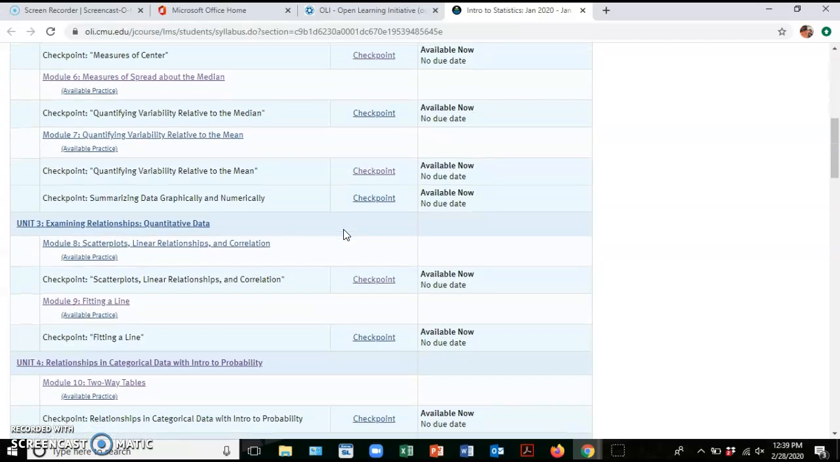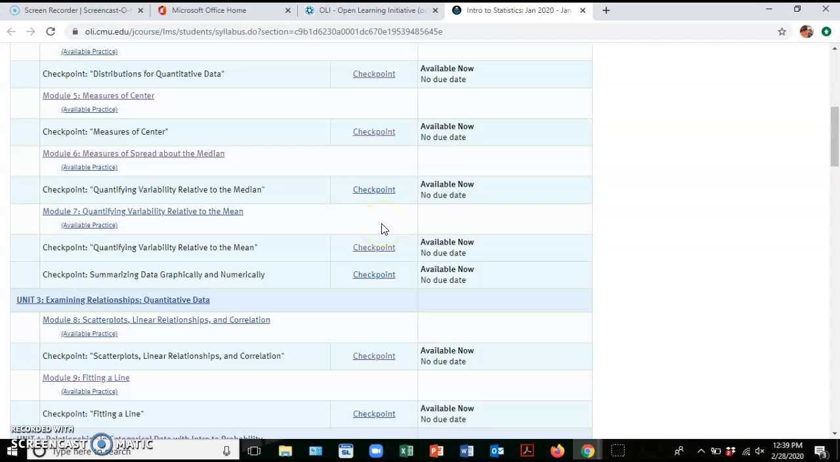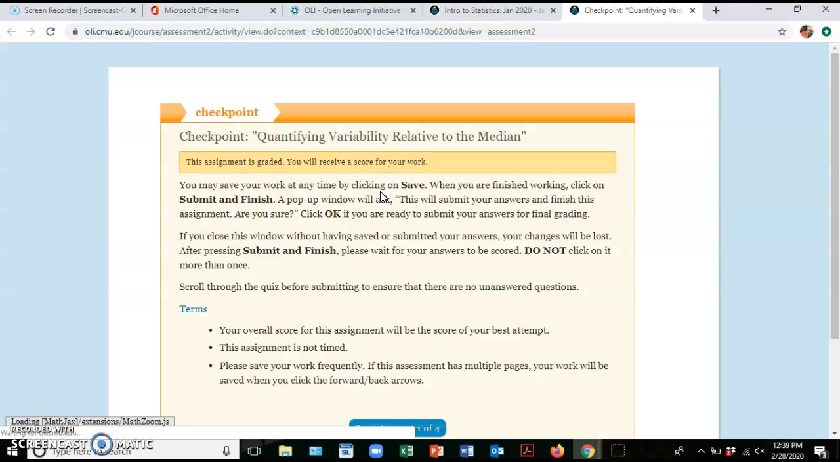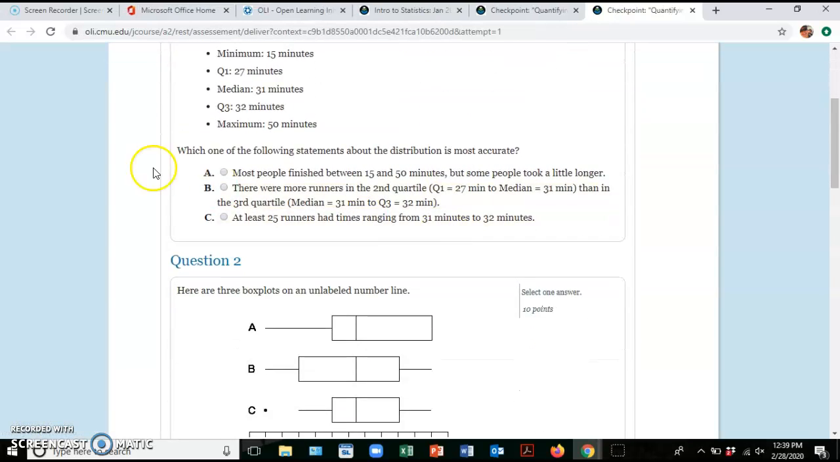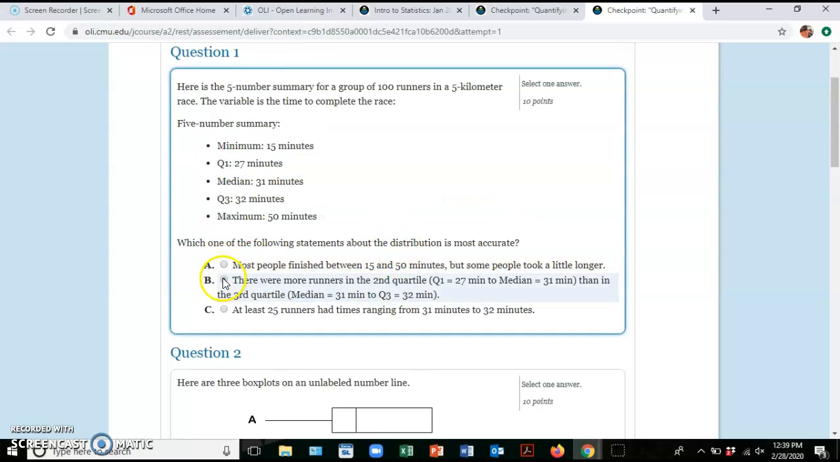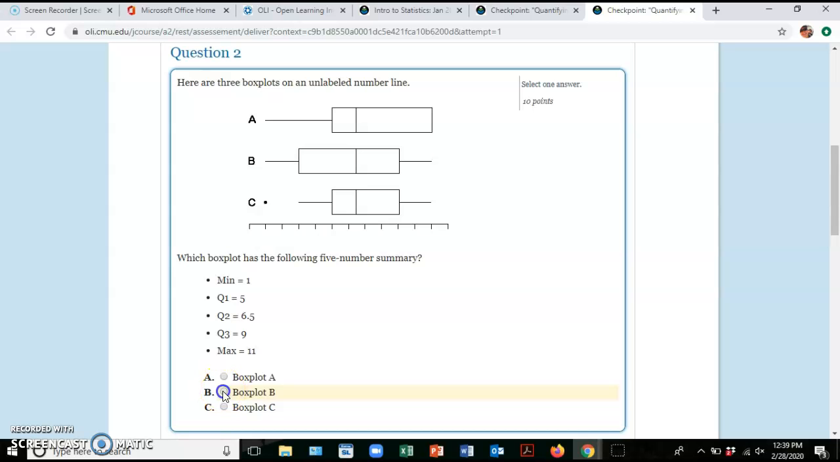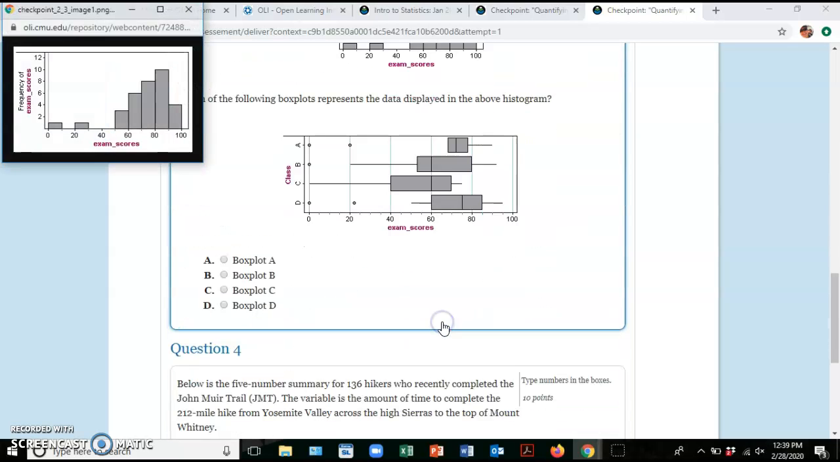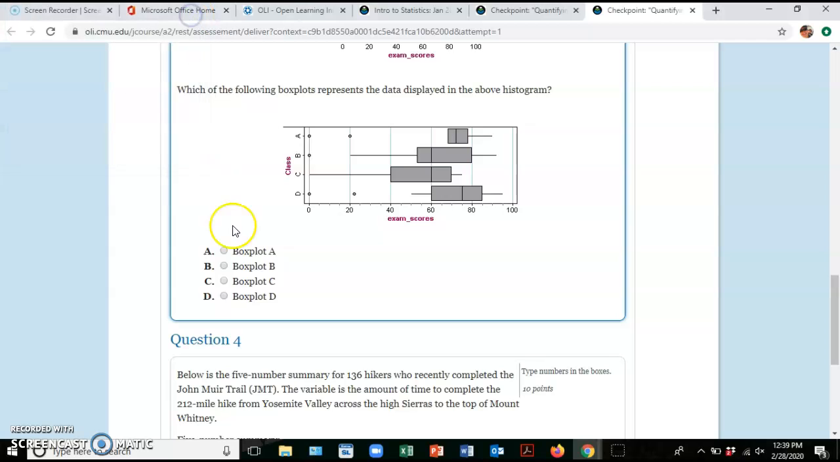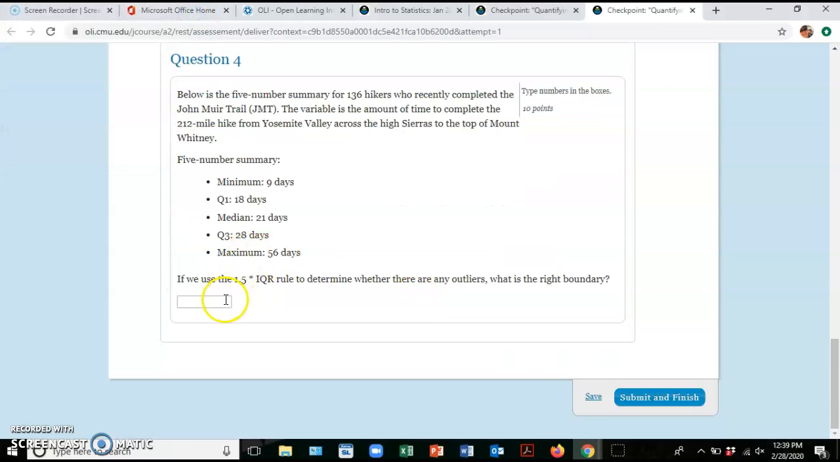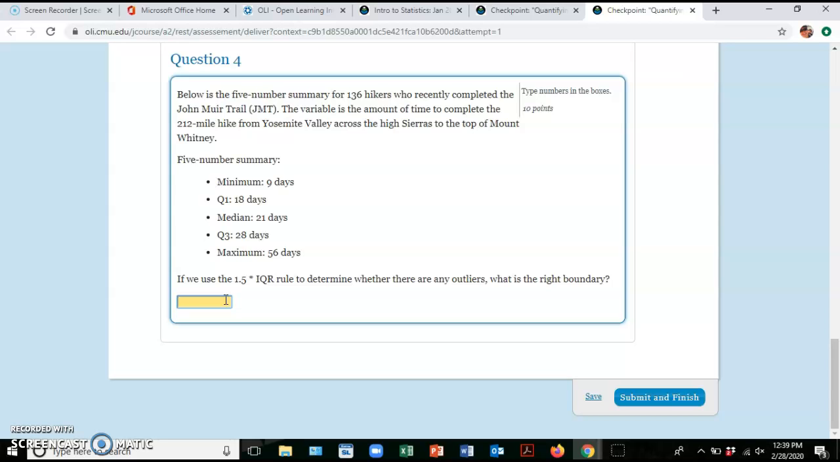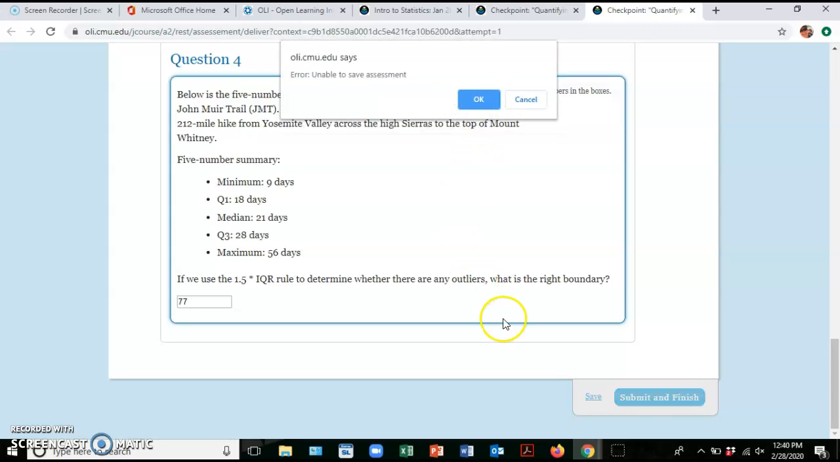Let's say, for example, that you haven't yet completed the checkpoint for Module 6. I can go down to Module 6, click on the checkpoint, and do my attempt. I'm just going to go through this quickly. I'm going to guess all B's. B is my favorite guess for when I don't know something. Oops, I don't know what that is. Look up a number. Okay, and so once you're done with your checkpoint,